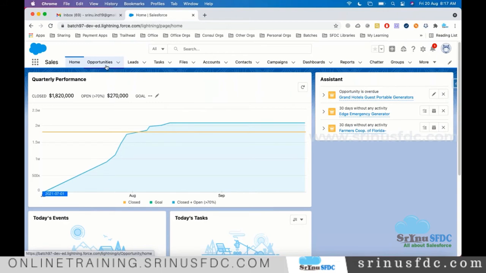And also while dealing, they need to know which company this opportunity is for, and who is the point of contact, maybe to schedule the meetings. So whatever is needed, all those are added as tabs here. Okay, so the Sales app in Salesforce is nothing but a set of tabs, a collection of tabs. That's it, not more than that.